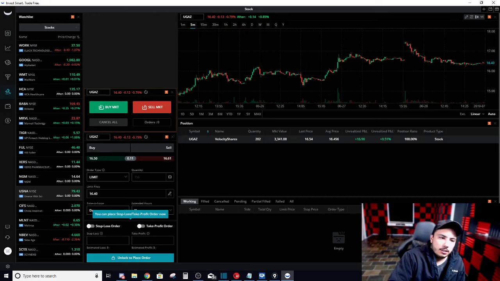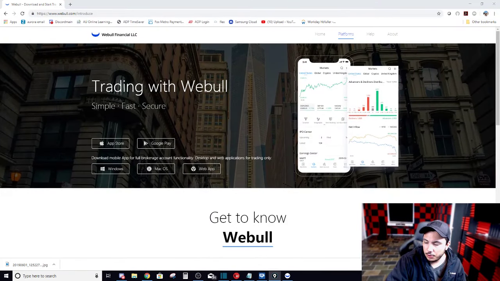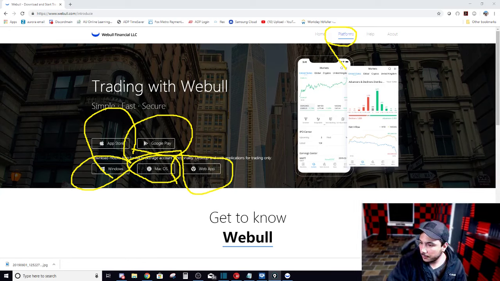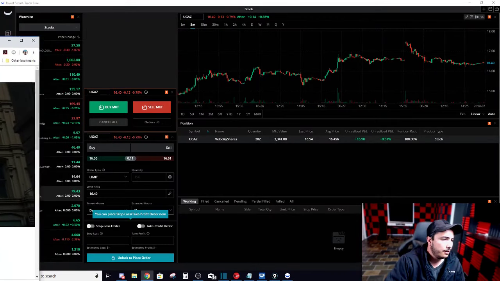Now, how do you get to this page? Once you download it online, you go to Webull.com. You go on the platforms. You click Windows, Mac, or if you want a web app, and they'll take you right there. They also have Google Play and Apple phones. So this is where you go. Now that you know how to download it, which is extremely difficult,